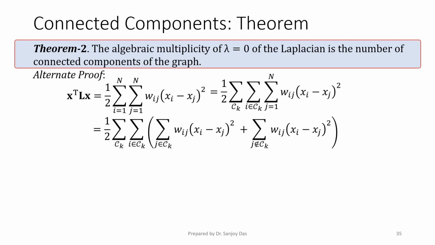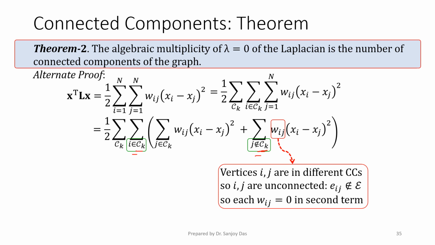So this is where we are. Now, look at this index and this index here. This summation is over all i's, all vertices in Ck, in the connected component Ck. And this summation is carried out over all vertices j that are outside of this connected component Ck. So clearly, there is no edge connecting i and j together because they're in different connected components, whence the weight